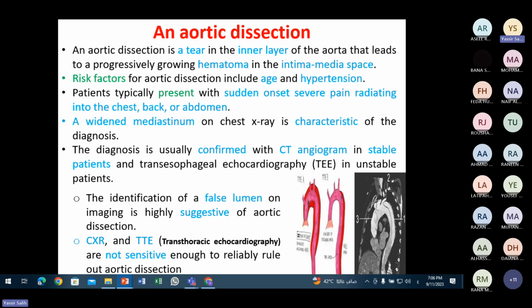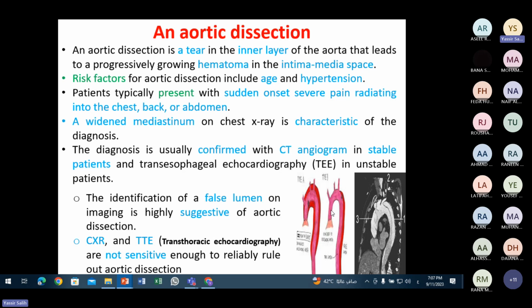Normally we have the ascending, arching and descending aorta. The aorta has three layers: the inner, middle and outer layers, in close contact with each other. The blood flows within the lumen. If there is a tear in the inner layer, if there is a tear,